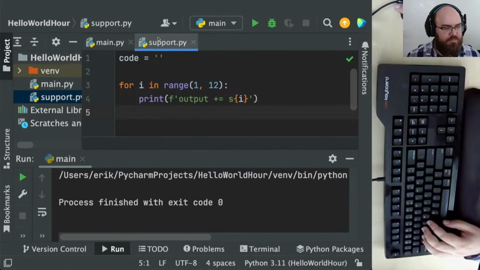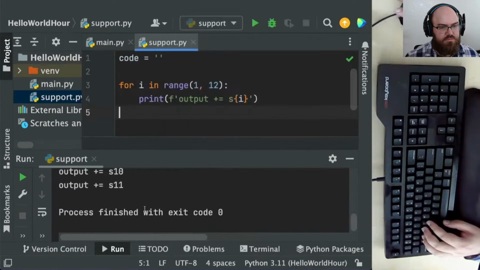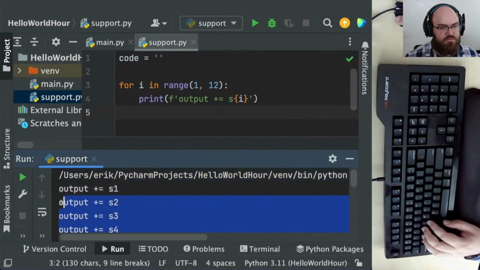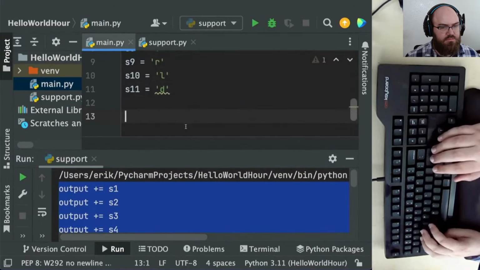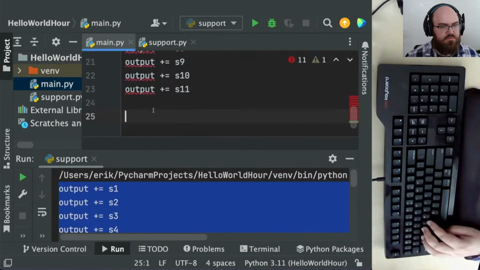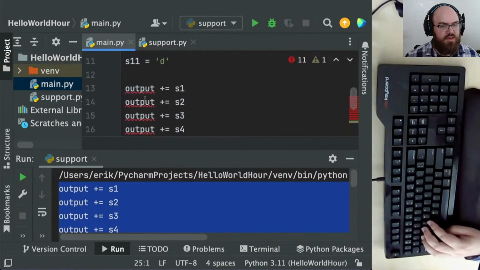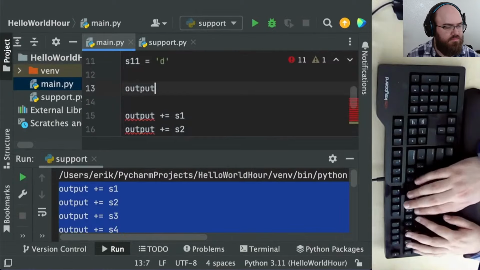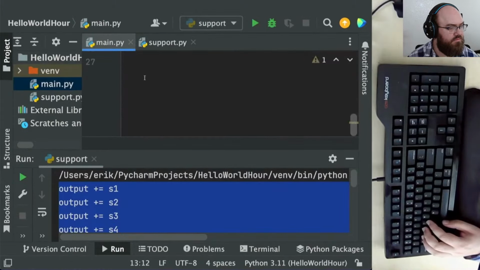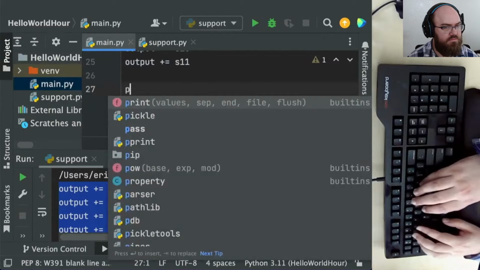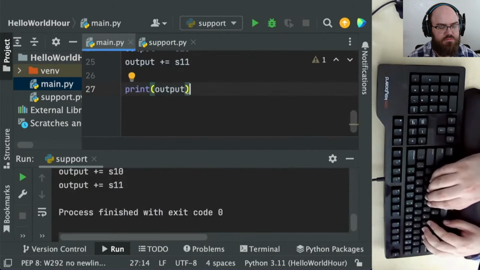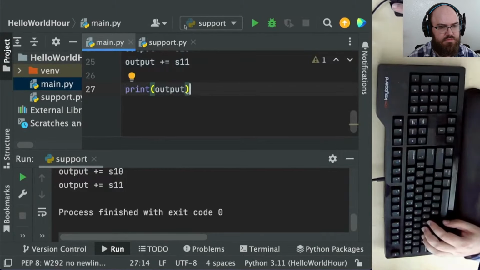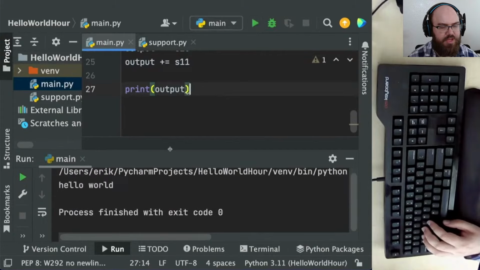Oops, ran the wrong program. Need an initial value for output. Remember to run the right program, and we get hello world.